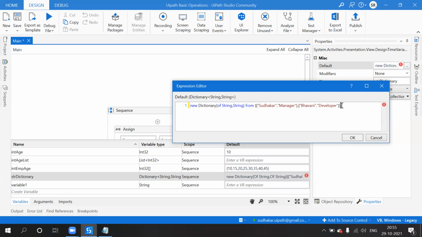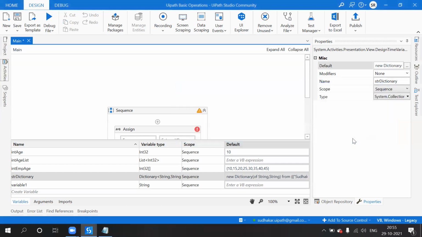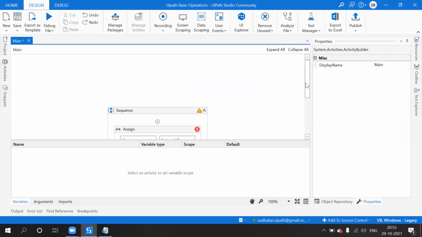I will stop here. Whatever error it was showing, it is gone. So now there is no error. Click on OK.